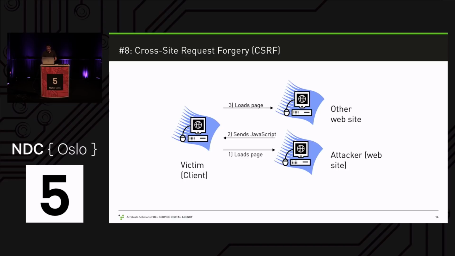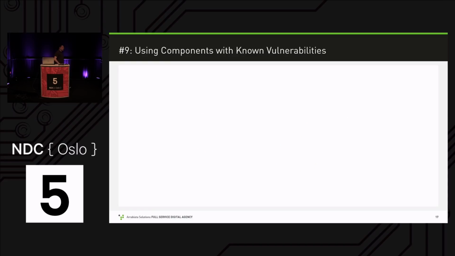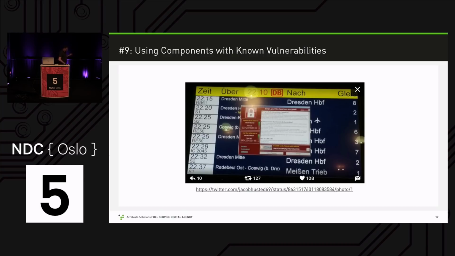All right, number 9, we're almost done. Using components with known vulnerabilities. Yeah, that's a risk, but do you remember the image from before? I mean, seriously, that's kind of the same thing. So do check whether the framework you're using has security issues. Even ASP.NET MVC had a security issue that was fixed by a patch. So follow that. And now with ASP.NET Core and the rapid set of updates, I know it can be a pain, but on the other hand, issues get fixed quickly.